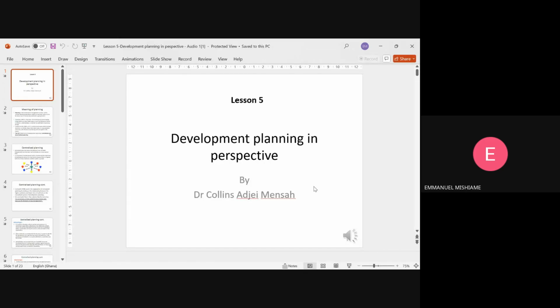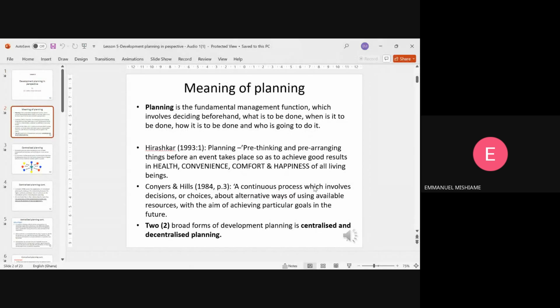Then yesterday we started with the developmental aspect of it, the theories of development, as we just went over. Today we are looking at the development planning perspective. And so essentially we are coming to the end of the whole course. And I hope by this time a broader perspective about the course is being made in your mind. So today we are going to look at development planning in perspective. But first of all,